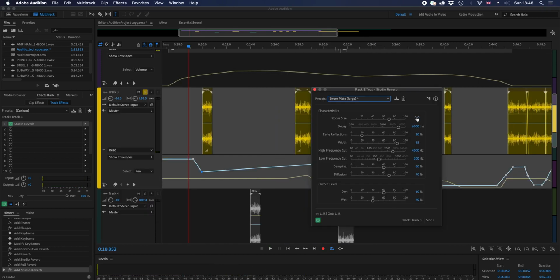So I'm using a big large room with a decay of 6 seconds. I added 20% early reflections, with a width of 85%. My high frequency cut is at 4 kilohertz and the low frequency cut at 300 hertz. The damping of the frequencies, that is the absorption from the environment, is at 60%, and the diffusion, that is